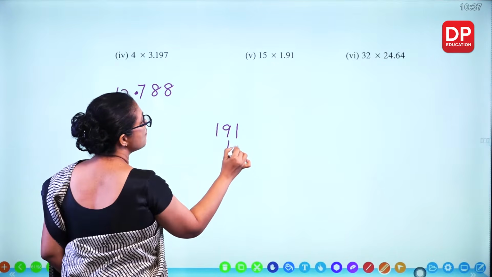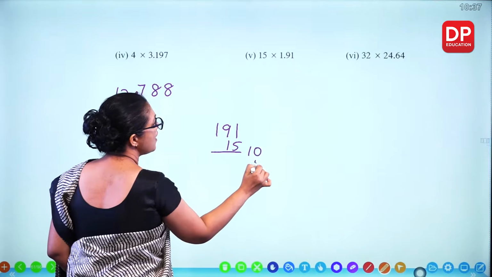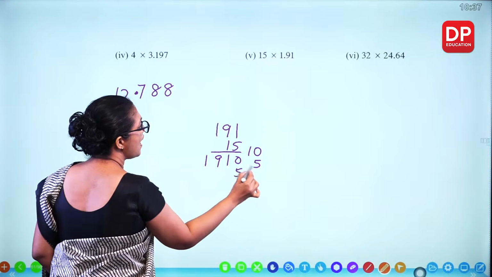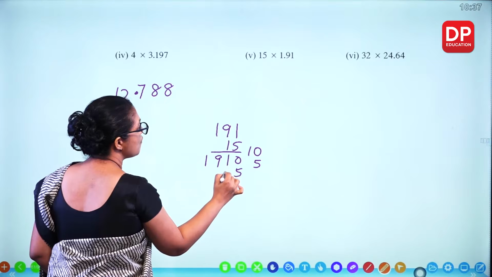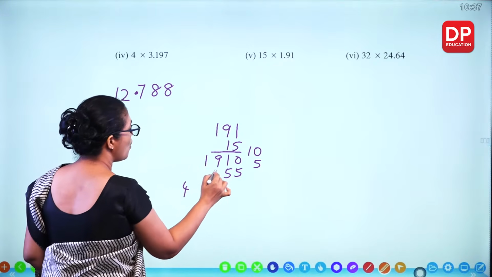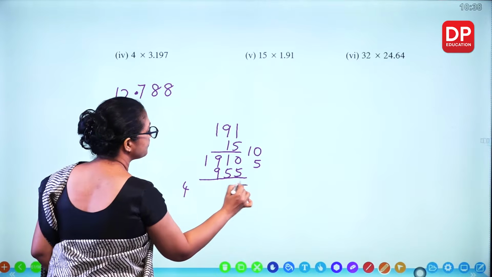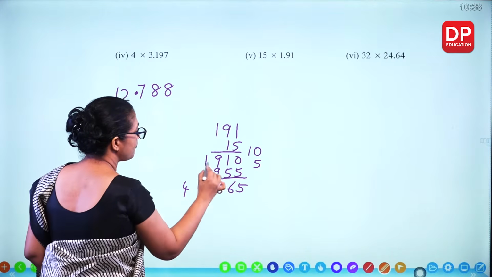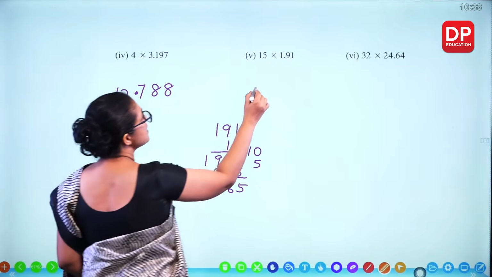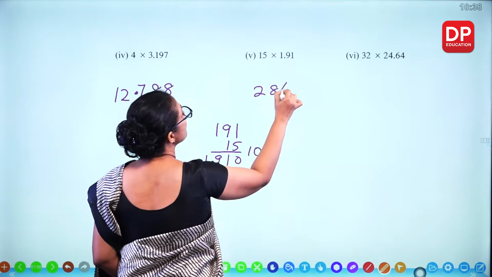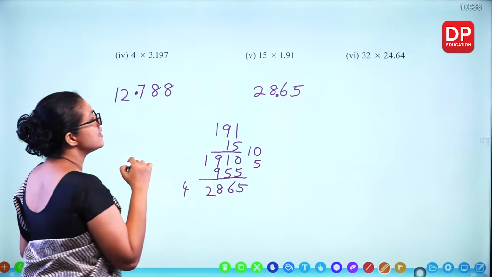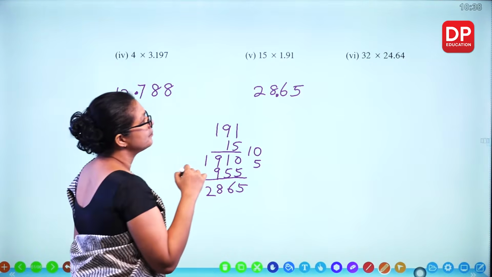191 multiplied by 15. 10 and 5. First multiply by 1. Multiply by 5. 5 times 9, 45. 5 times 1, 5 plus 4, 9. 20. 2865. But you have to keep 2 places. So 28.65. This one,